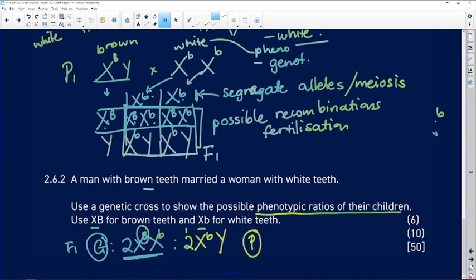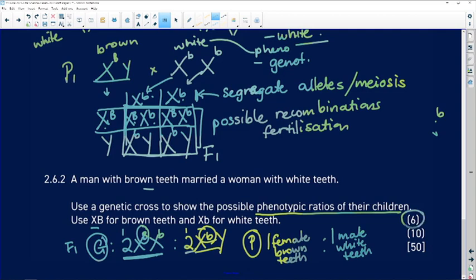And we can simplify our ratio. 1 female with brown teeth compared to 1 male that's going to have white teeth. 1 male with white teeth. And that is the answer to this question.